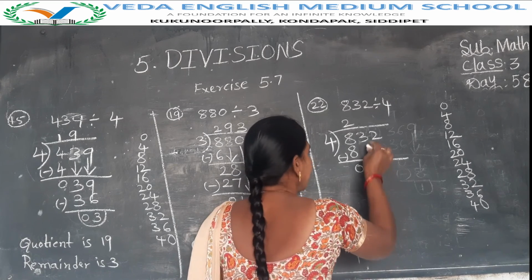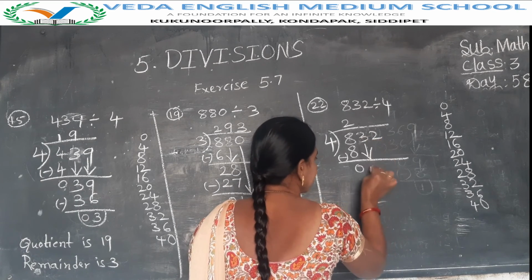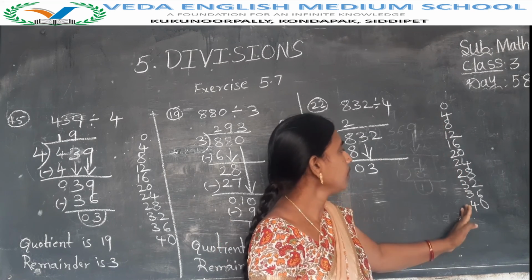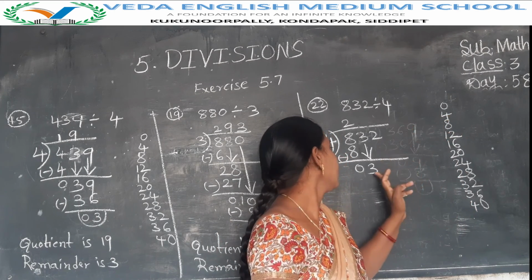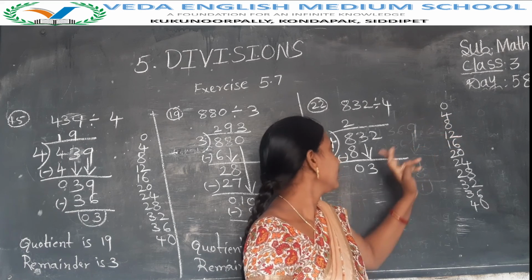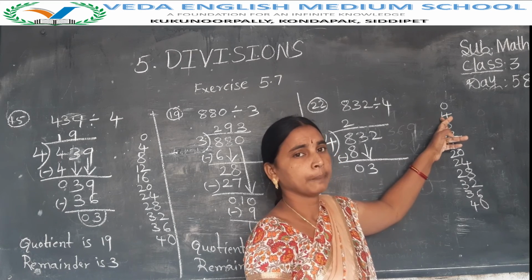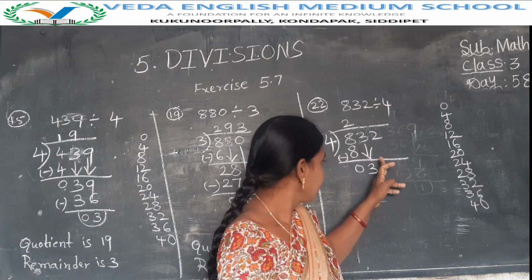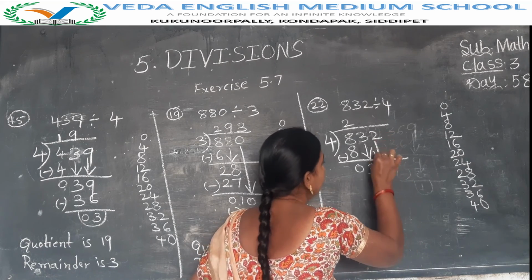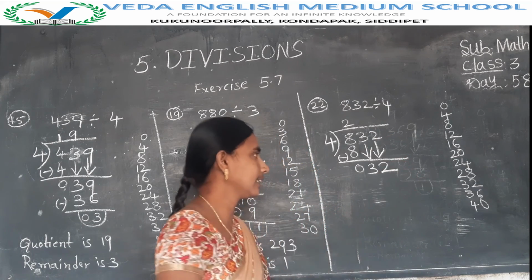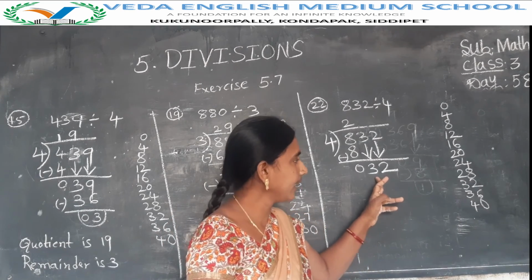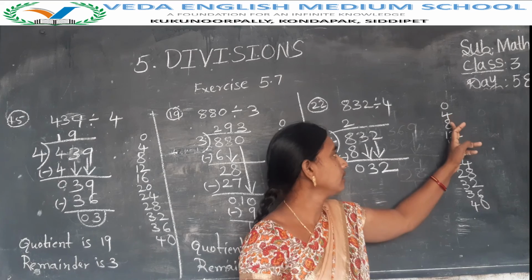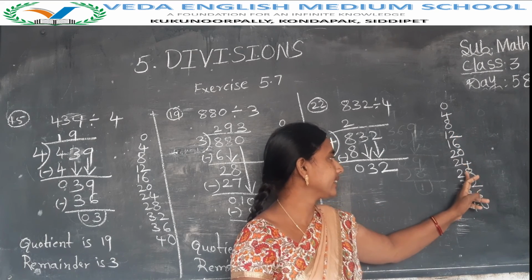Okay children. Next this digit bring down, that is the 3. See Nana, 3. This is not in the table. The 3 is below 4. 3 is less than 4. But here there is one more digit. That digit again bring down. That is the 2. Now 32 came. So find 32 in this table here. How many times 4 is 32? 1, 2, 3, 4, 5, 6, 7, 8.